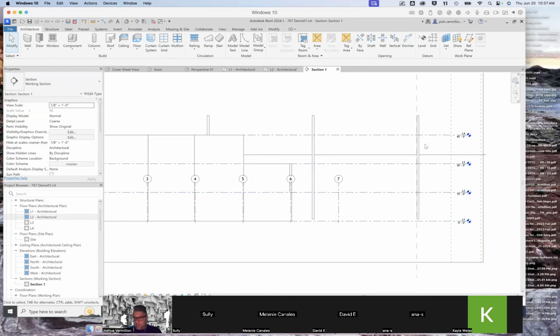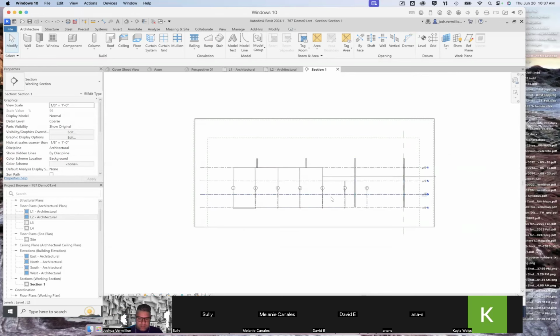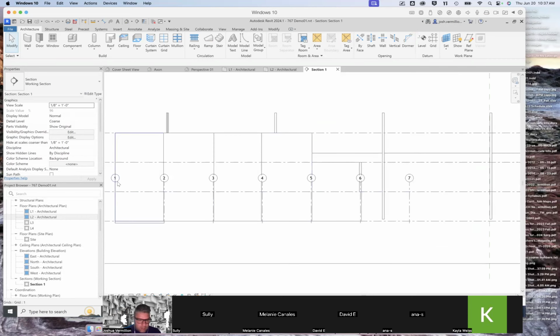Sometimes you give it just an explicit height, right? You say, I don't care what the other floors are doing, I want this wall to be this height. Other times you say, well, if we're going to start to adjust the floor to floor, we want the walls and the floor slabs to adjust with it. So it's just playing a game like that. The more you get into this, the easier it becomes, but it's really kind of great to be able to